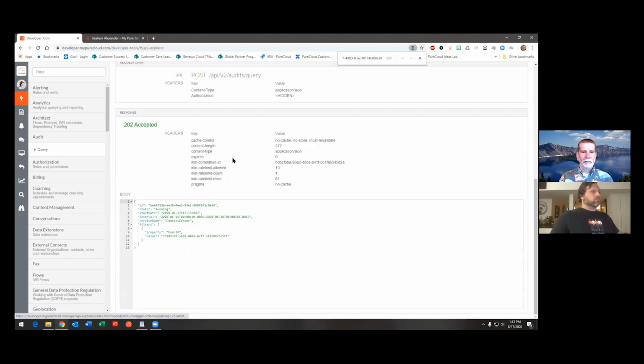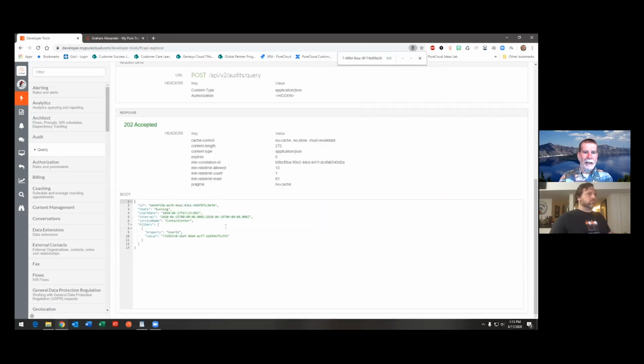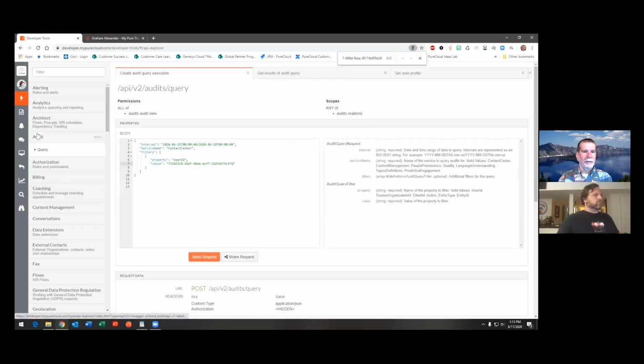Hopefully I get this nice 202 accepted back. And you notice it does not give me any results. So one more step. There's an ID down here, because this is actually what they call an asynchronous query. So I send the request, and then I have to wait for it to finish, because a lot of times you're going to have 20, 30, 50, 100, 200, whatever results. And then I have to wait for it to actually complete. So I take this ID, which is the ID of my particular query here, copy that. Then I need to go to